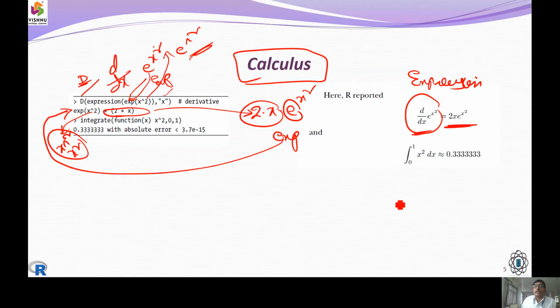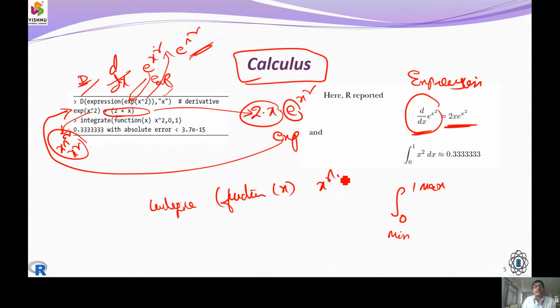Now let us look into an integrated function from 0 to 1. This is the minimum value and this is the maximum value. How am I going to get this value? For that I am going to say integrate the function x square, with 0 comma 1.